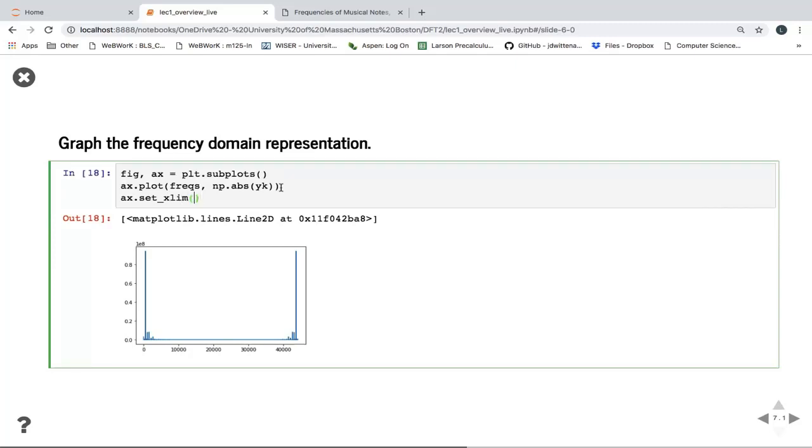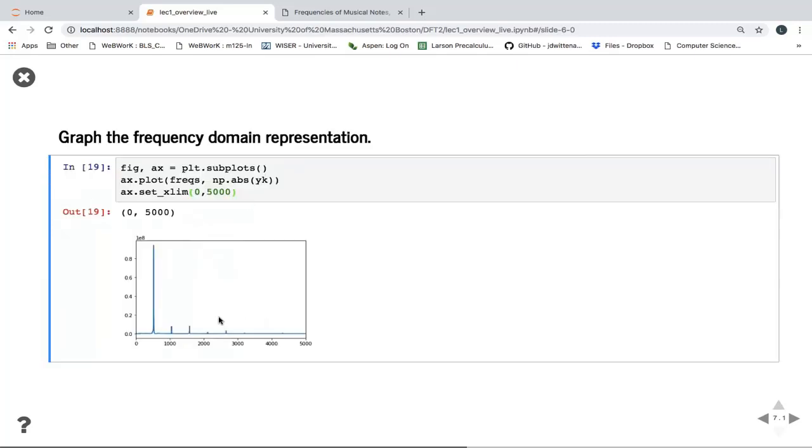So I want to zoom into from 0 to say 5,000 Hertz. So again, the domain here is frequency, so I'm going to zoom into the first 5,000 Hertz. So now here it is. So this is a bit better picture. So now we see that there's some content at certain frequencies, and this is called the fundamental